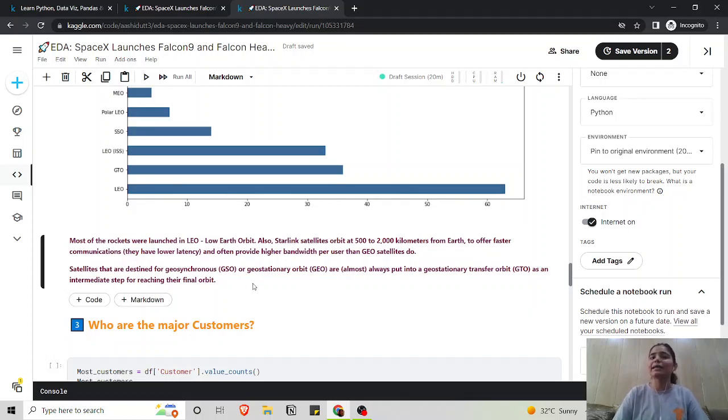Also, Starlink satellites orbit at 500 to 2000 kilometers from Earth to offer faster communications and often provide higher bandwidth per user than GEO satellites do, right? So you can actually just Google these things and understand if you really have interest in these. But yeah, most rockets made it to LEO is still some information that is really meaningful, right?